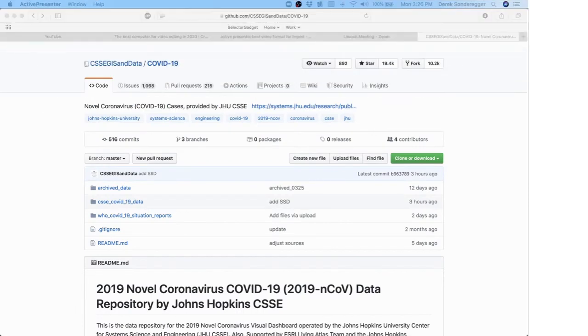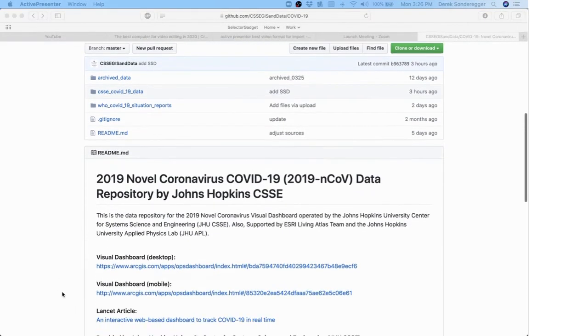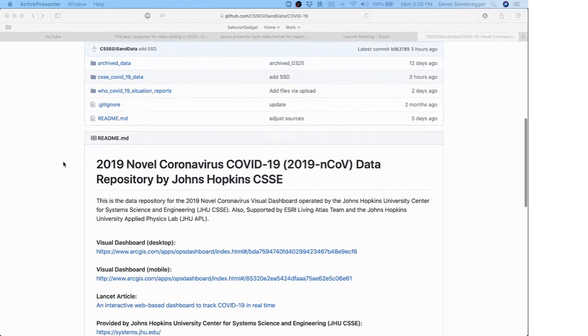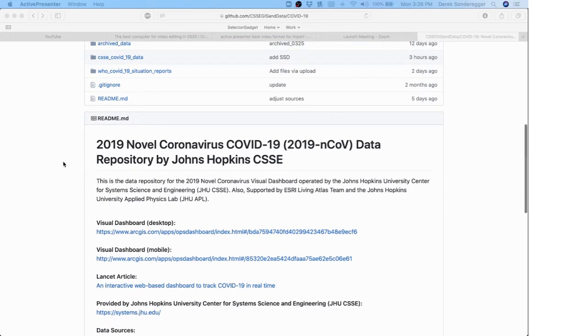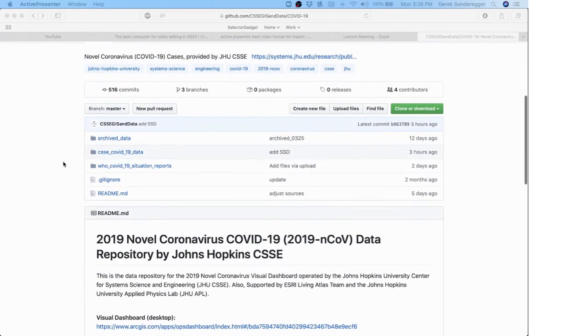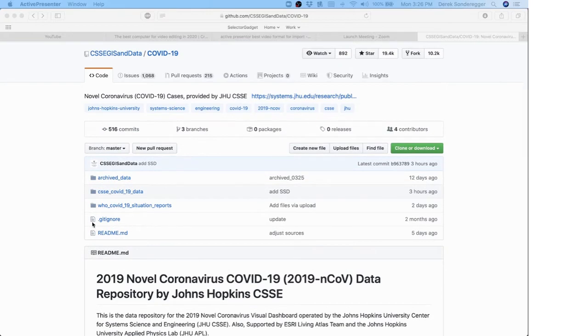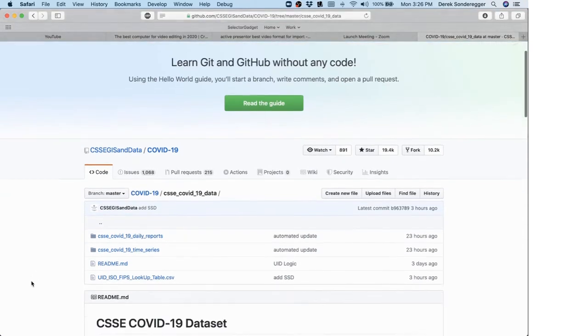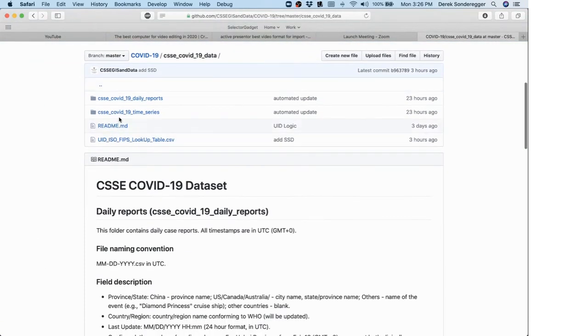One of the data sets for coronavirus that has been widely used is this data set by Johns Hopkins University. And they've been maintaining this since the coronavirus really started going on an international scale. Now, in this data set on GitHub, you can find their raw data, and they've nicely made it very straightforward to do this. So we're going to just click on this data set,